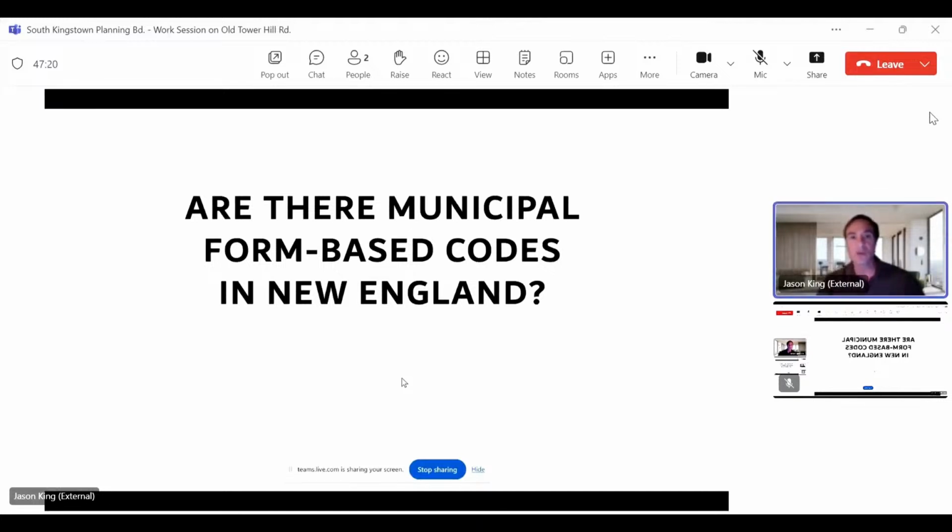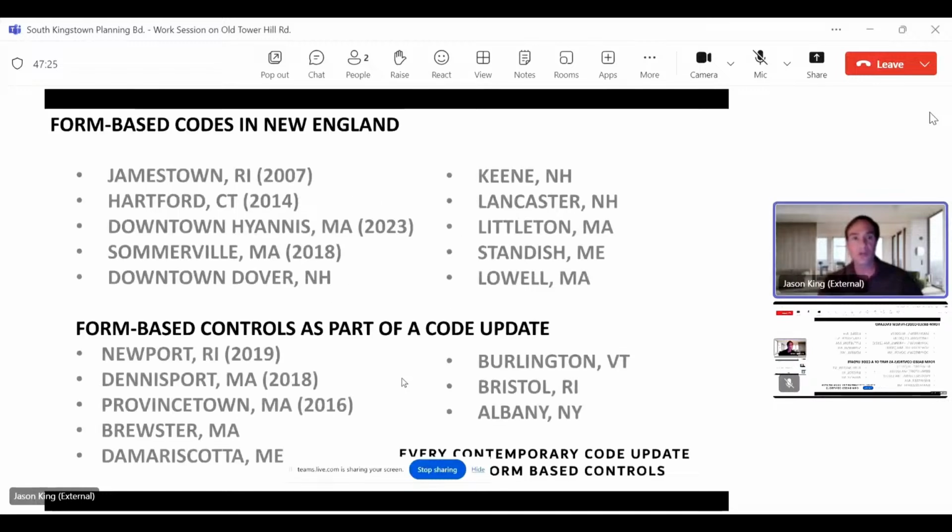Most of these pictures from elsewhere are municipal form-based codes in New England. And we talked about this the other night. Yes, absolutely, growth is slower in the Northeast. The population doesn't grow like it does in Texas or Virginia or California or Florida, these other places where we tend to work, where it's an emergency to put in place these codes, and growth happens fast. In the Northeast, God bless it, this is what we love about it, it's much slower growth. And nonetheless, there are many form-based codes adopted in New England.